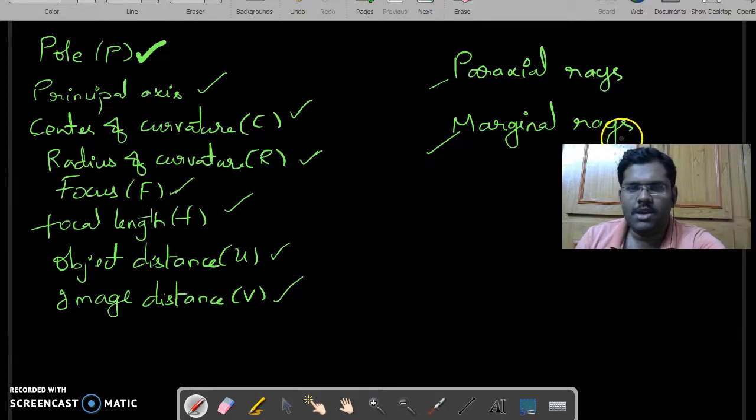You have to remember all these terms, as these are very important not only from the exam point of view but also for intermediate. These are the basics which we need to learn in optics. Okay, and next,